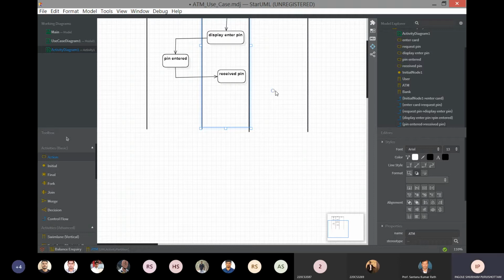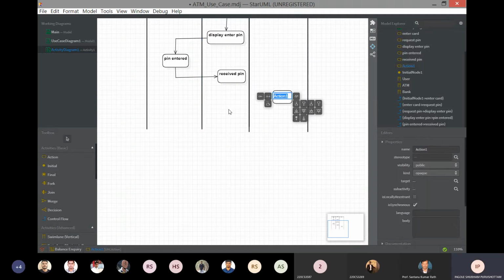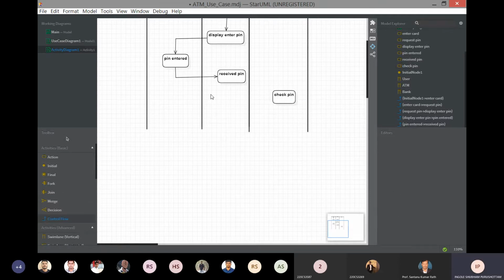After entering the pin, it has to be verified. So it's going again in the next swim lane.